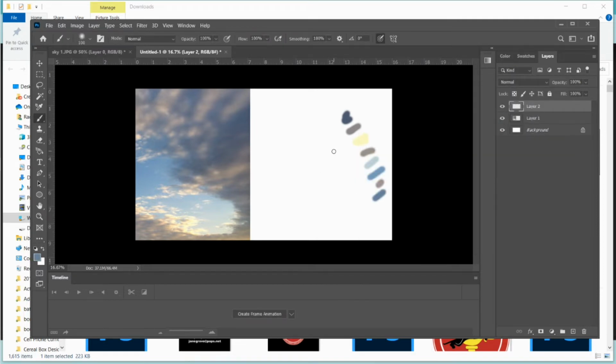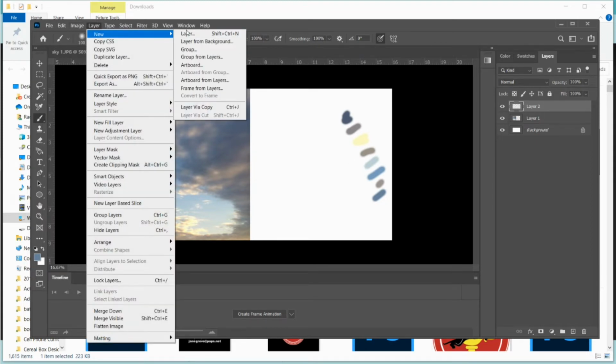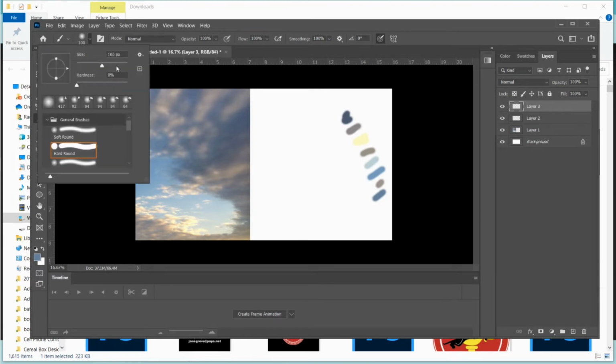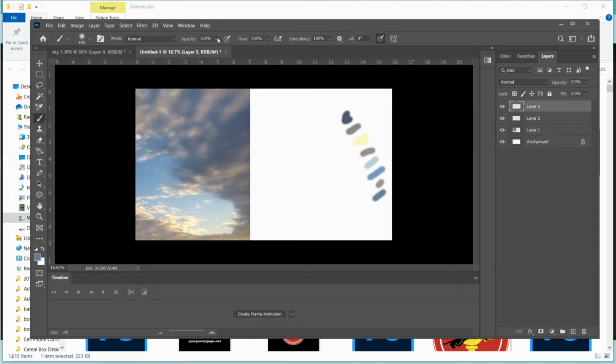So now that you have your color palette, you're going to create a new layer. And in this new layer, you're going to try and start drawing your sky. Now, there's several things that you should know, and that is that not only can you change the size of the brush and the fuzziness, but you can also change the opacity of the brush within the same layer. So in other words, if I change the opacity here to 26%, and I go, well, okay, I want to use this color. So I'm going to just